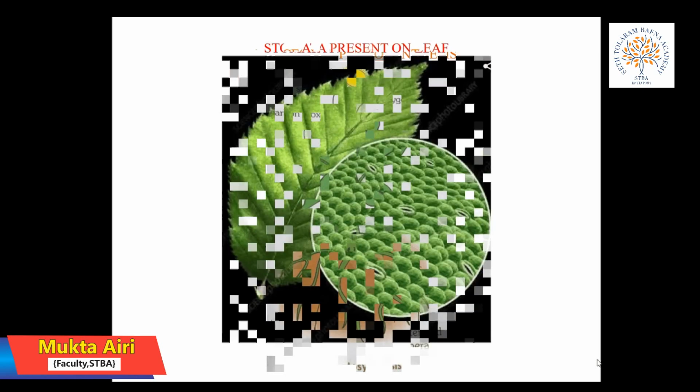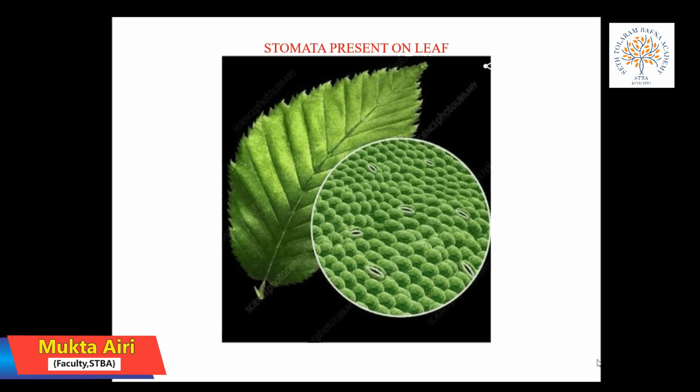The leaf has tiny pores called stomata. A stomata is a pore found in the epidermis of a leaf through which it breathes and facilitates gas exchange. Stomata control water loss by opening and closing. They allow water vapor and oxygen out of the leaf and carbon dioxide into the leaf. The leaves are like a food factory where food is prepared for the plant.